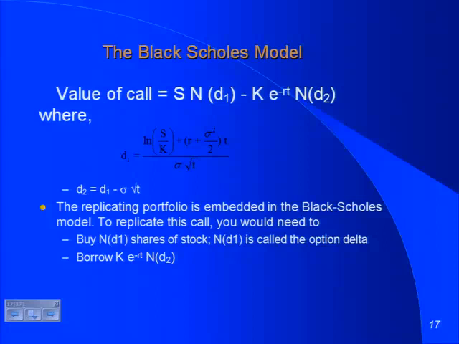One of the biggest problems with people using the Black-Scholes is they use the model, they come up with a value, they throw the model out. The real information is not in the final number, it's in all the intervening numbers. And here's the replicating portfolio for this call. You go out and you buy N of D1 shares of stock. That's like the delta in your binomial model. That's half of your replicating portfolio. You borrow K e to the minus RT, the present value of the strike price, times N of D2, that becomes a borrowing. That's your replicating portfolio.